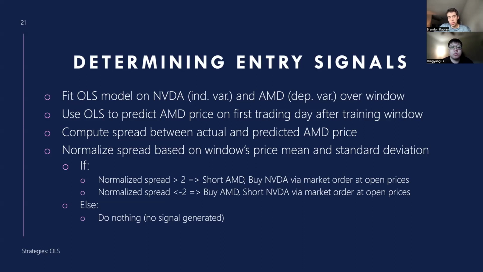Now the logic works like this. Normalize the spread based on the windows. If the normalized spread is greater than 2, this implies we're going to short AMD and buy NVIDIA via market order at the open prices. Now, if you think about this, when the normalized spread is greater than 2, this is